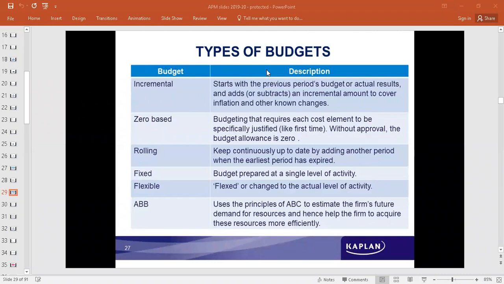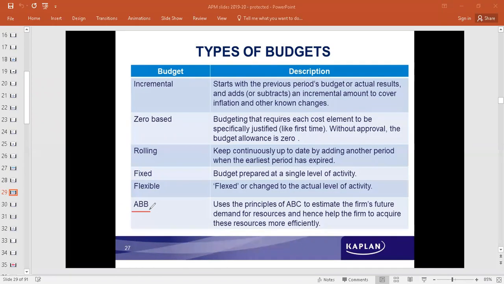Last class, at the end, we were doing types of budgets. I have explained all these things. Only ABB was not done. So let's understand what is ABB. So you must be remembering about activity-based costing principles. Activity-based costing is used in situations where